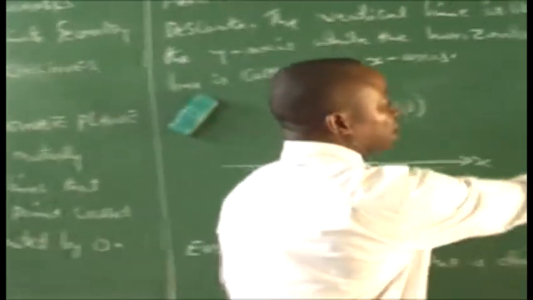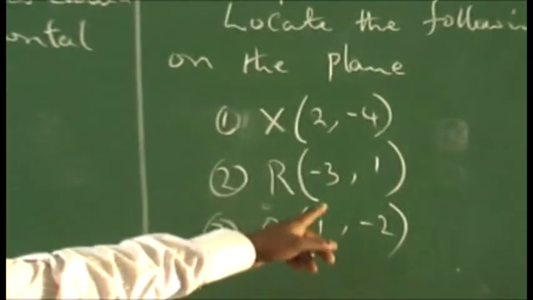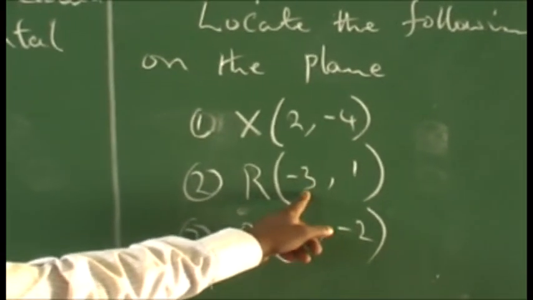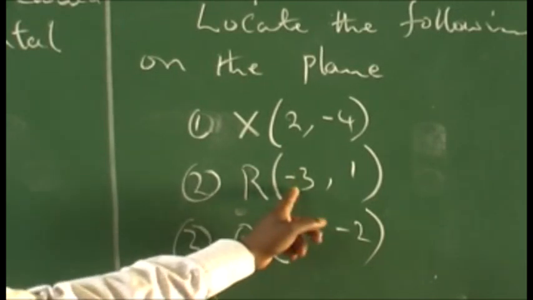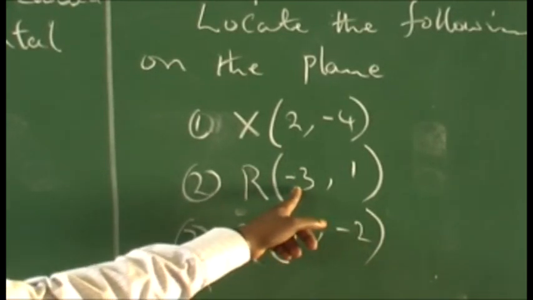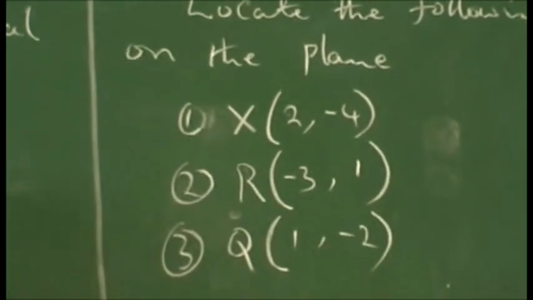Again, for point R, which is minus 3 and 1. Note that this first entry is for the x axis, and this one is for the y axis. And so, in that way,